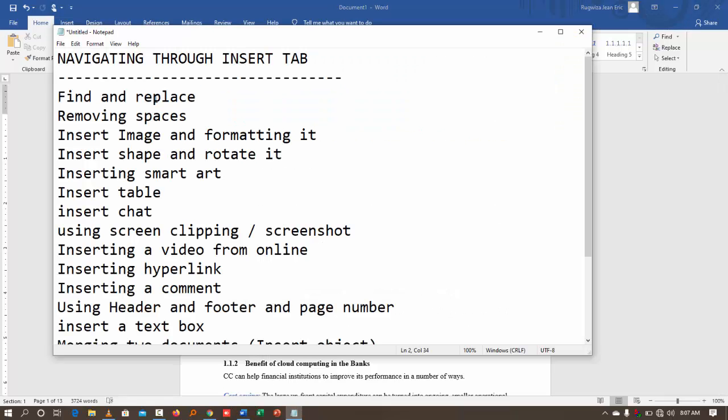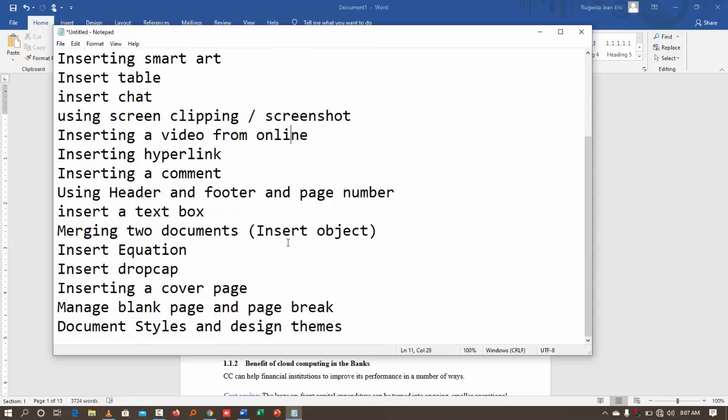The scope is this one. We'll be seeing how we can find and replace, how we can remove empty spaces or unnecessary spaces, how we can insert an image and format it, how we can insert a shape, how we can rotate the shape in a direction that we prefer, how we can manage SmartArt, table, chart, screenshots, video from online or video from file, hyperlinks, comments, header and footer, page numbers, text box, how we can merge two documents from Insert Object, how we can insert an equation, how we can insert a drop cap, and also how we can insert